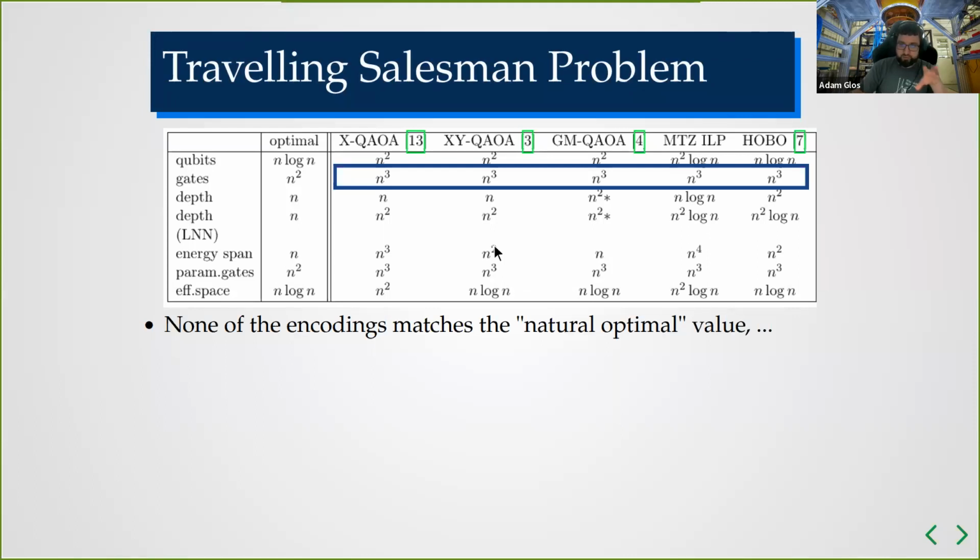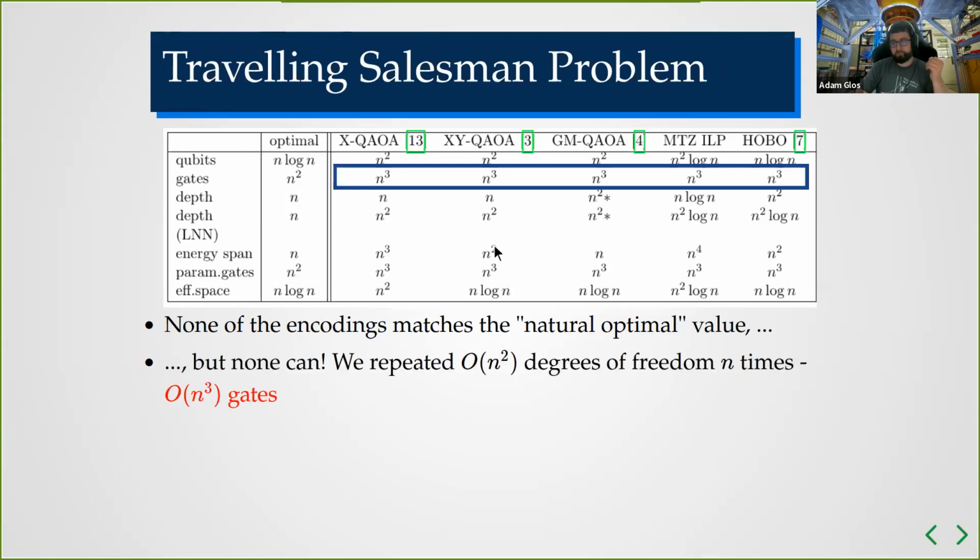Exactly because of these issues, many known representations couldn't go below this n cubed number of gates. These are some further aspects. Because we have that many gates, we either have a lot of qubits or we have a very big depth of the circuit. For example, if we take something like, let's call it for now the volume of the circuit, which is the number of qubits times the depth.